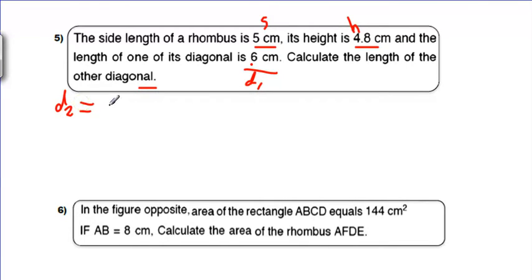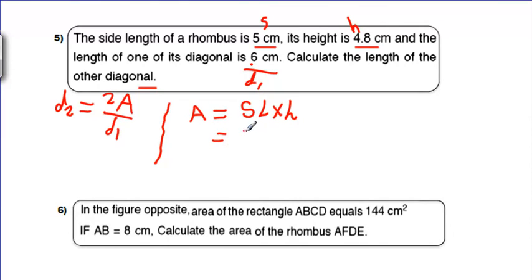D2 equals 2A divided by D1. But I didn't have the area, but I can get it. How do I get it? He gave me the side length and the height, so I will write the rule of area. Area equals side length times height. It will be equal to 5 times